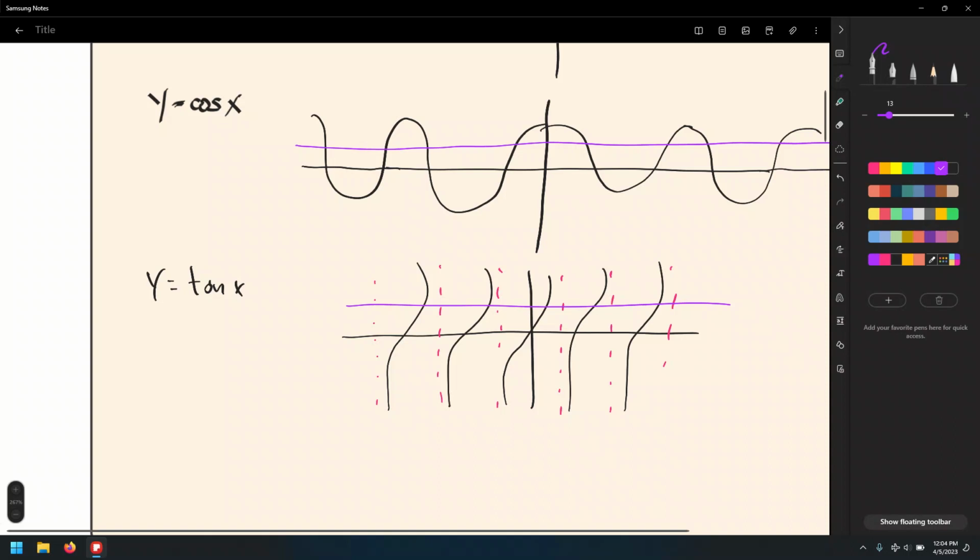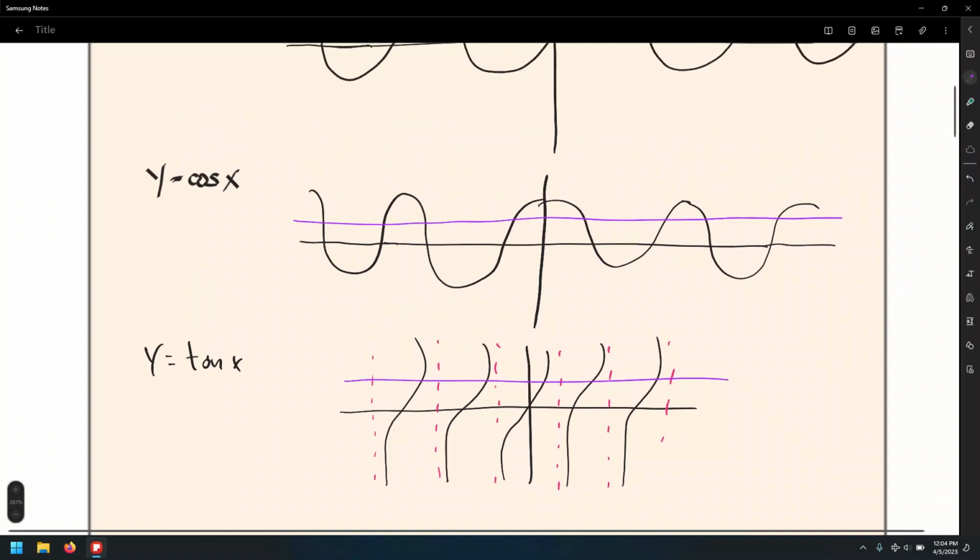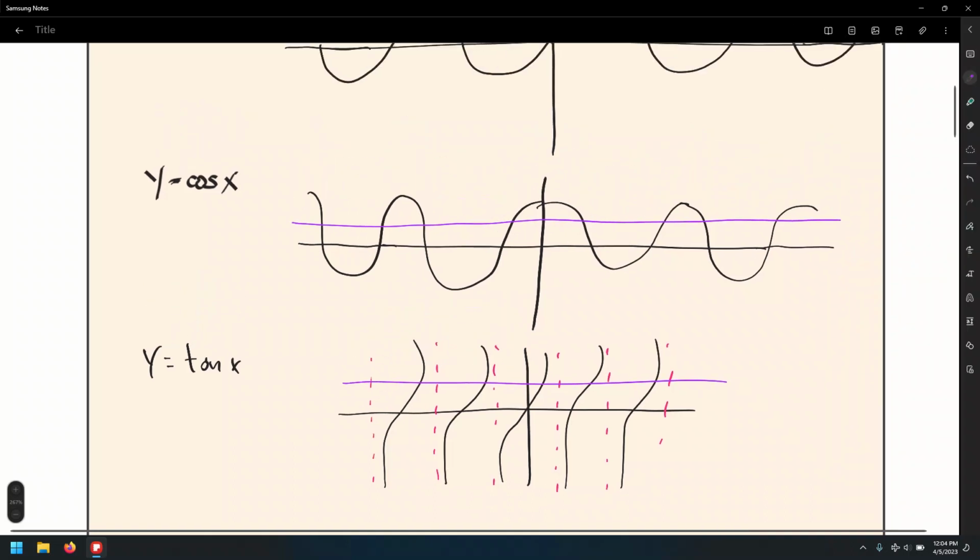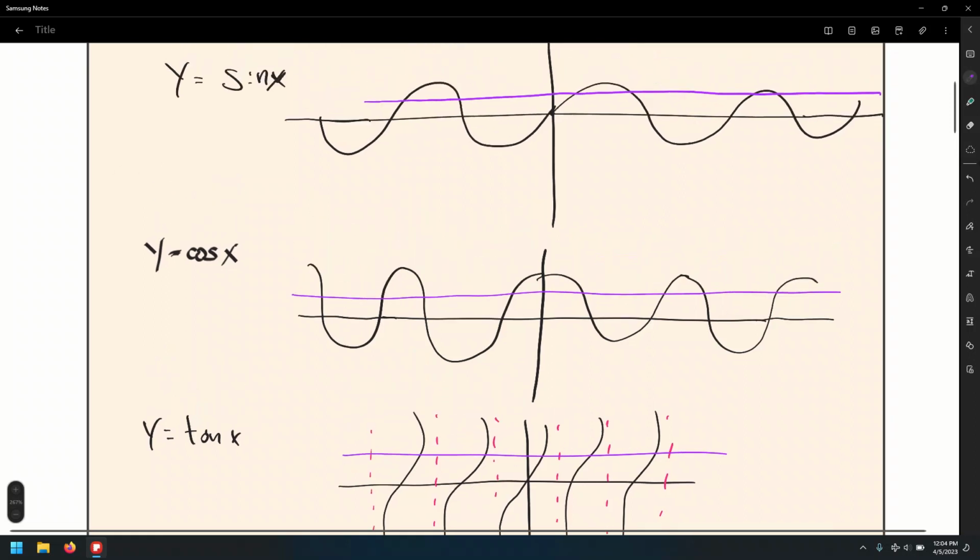However, last time I mentioned that there is a trick, if you will, so we can come up with invertible functions. And the trick here, check this out. The trick is to restrict the domain to some window where the horizontal line doesn't cross more than once. For example, well, we know